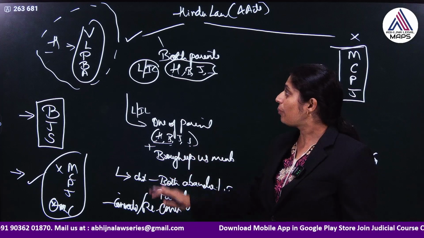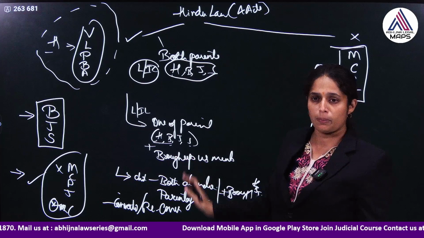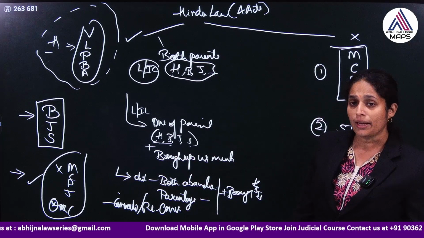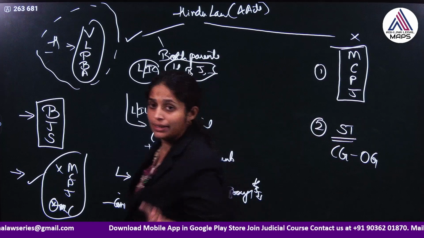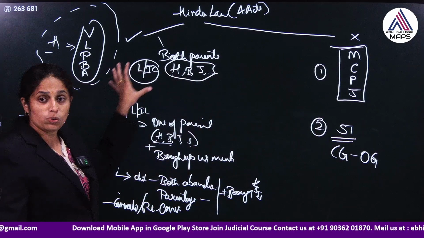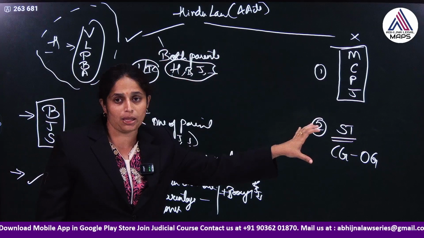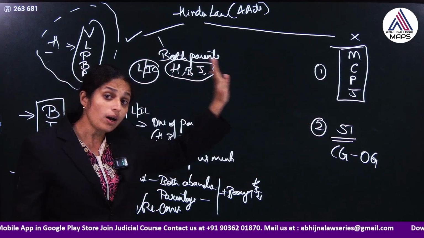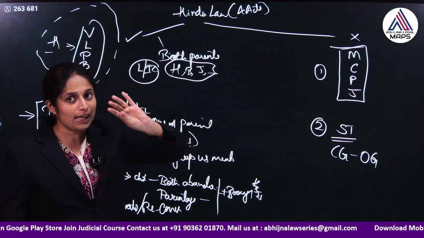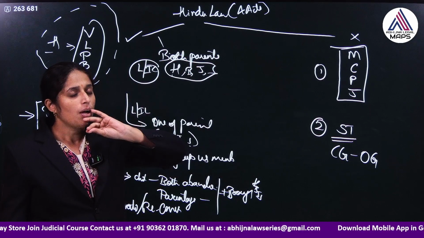Even they can be called Hindus, and Hindu laws are applicable equally. So, this is how we can understand how the Hindu laws are applicable, to whom Hindu law is applicable and to whom Hindu law is not applicable. This is common for all 4 acts: Hindu Marriage Act, Hindu Succession Act, Hindu Guardianship and Maintenance Act and